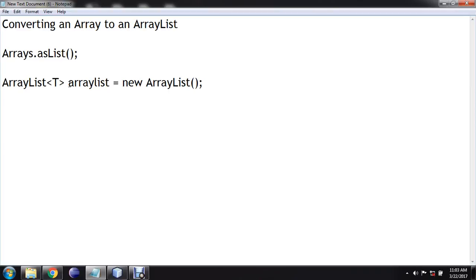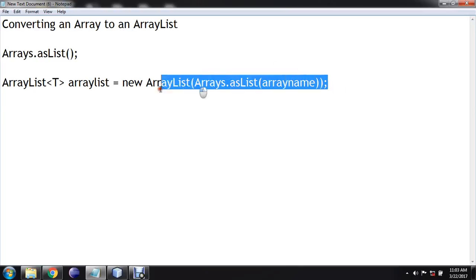After creating the instance of this array list, we can specify this method within these brackets. Let's say Arrays.asList, and here we can specify the name of our array. So this is the complete syntax of converting an array into an array list.